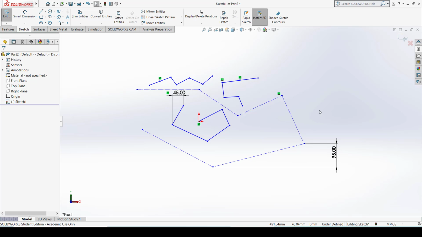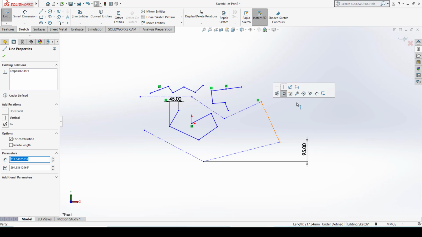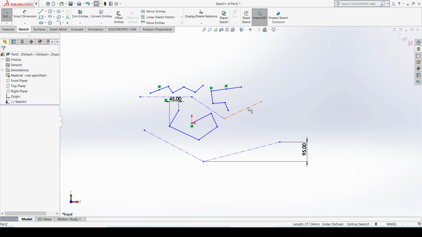Fine. And now another thing, if you want to delete all these lines, the first method is you just select the object and press the delete button on your keyboard, and the element is deleted from your screen. See, it's very simple. Just select the object, press delete on your keyboard, and it is deleted. Second